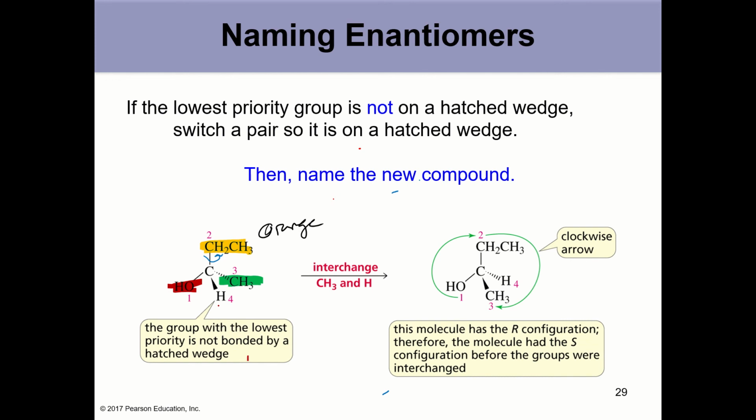I will show you a different method of determining this other than exchanging group 3 for group 4. That is to picture the molecule in three-dimensional space and rotate about the bond from carbon to ethyl. Think about holding the three-dimensional molecule with the ethyl and the hydroxide being completely flat in front of you, and the methyl pointing back and the hydrogen pointing forward. Then you hold the ethyl carbon and you twist the molecule